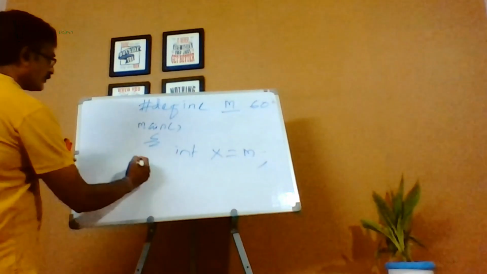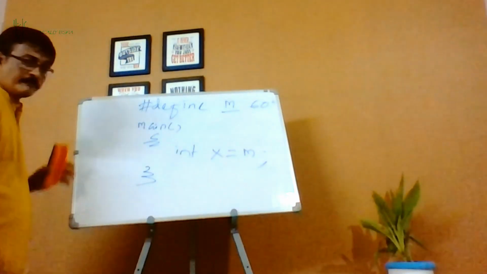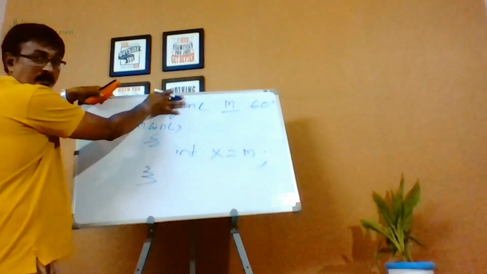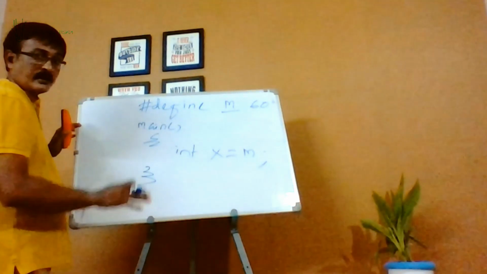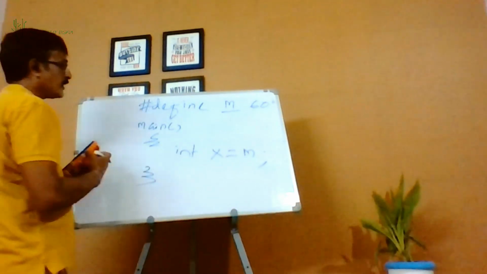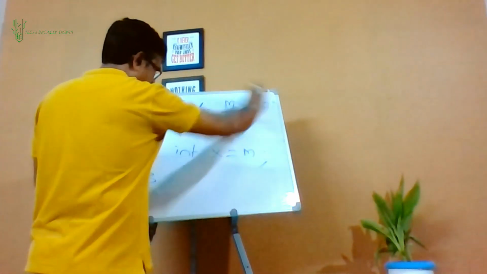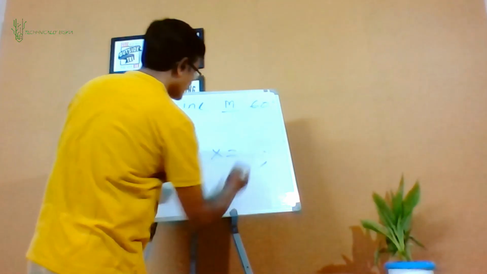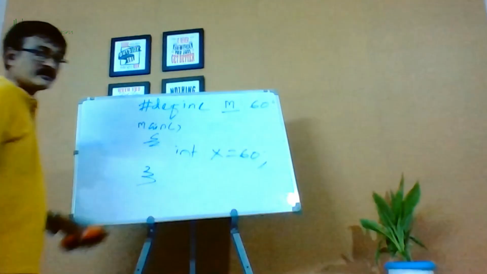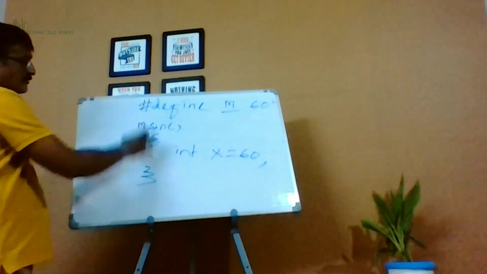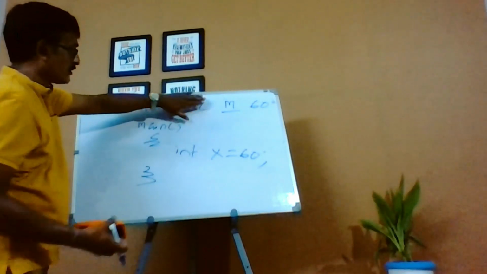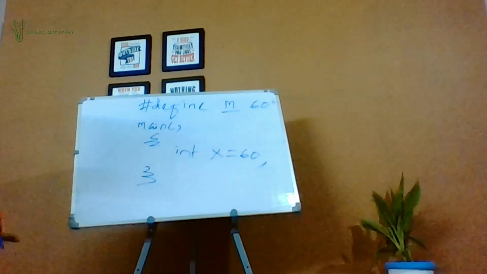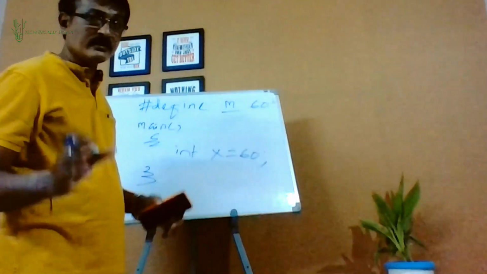What will happen? After this source code passes through the preprocessor, as I told you in the beginning, the define line will not be there. This line will be entirely gone. Apart from this, in place of AIM, 60 will be here. Got the changes? So your file will look like this: minus this line, and with this change in value. I hope this example is clear.